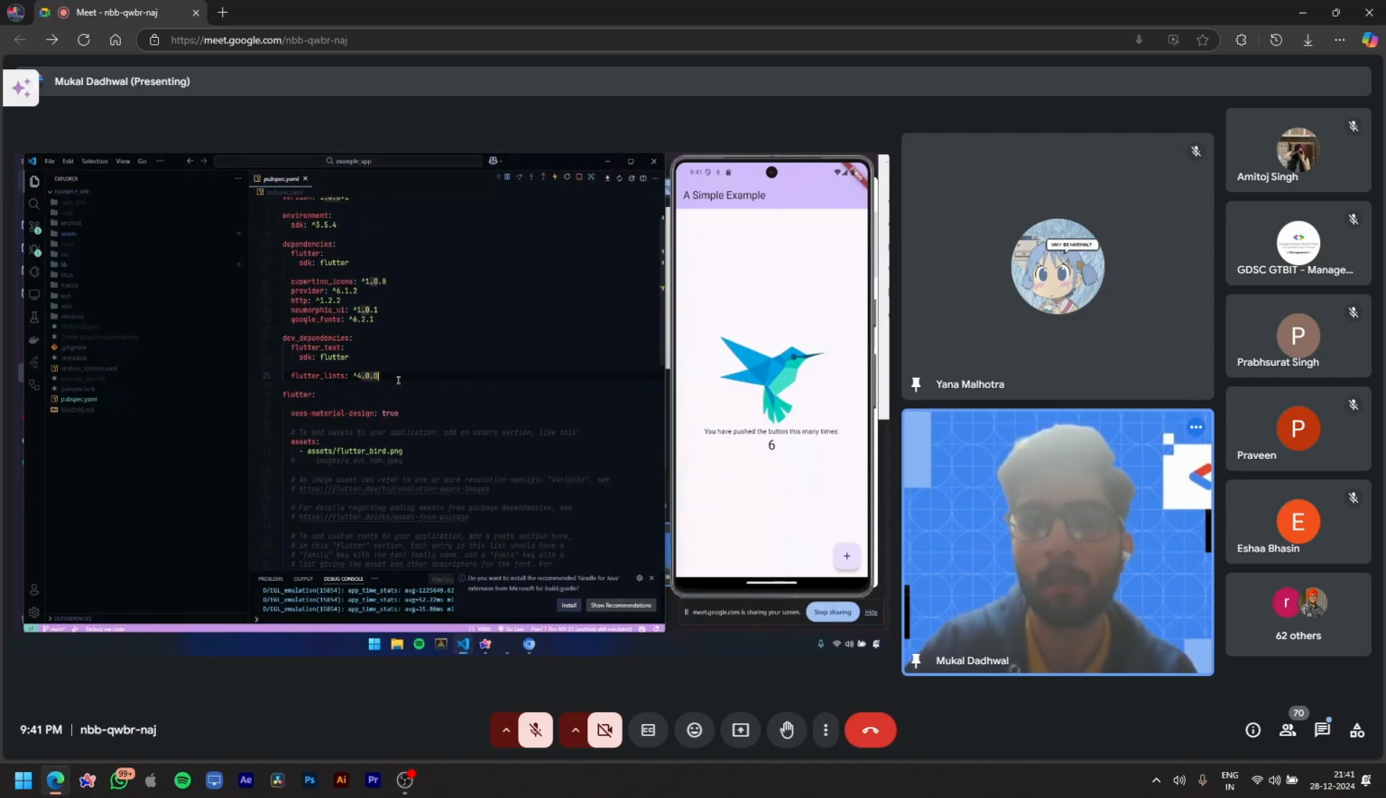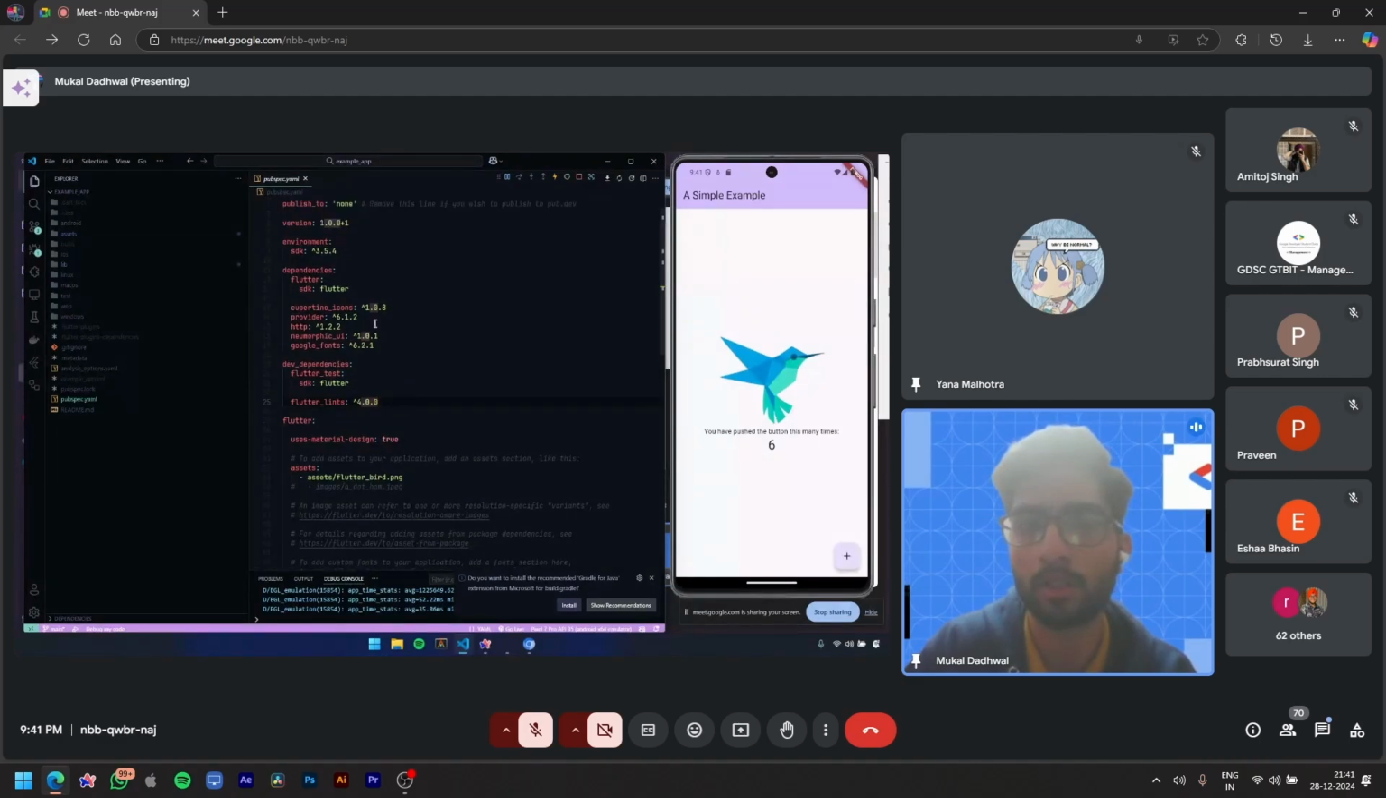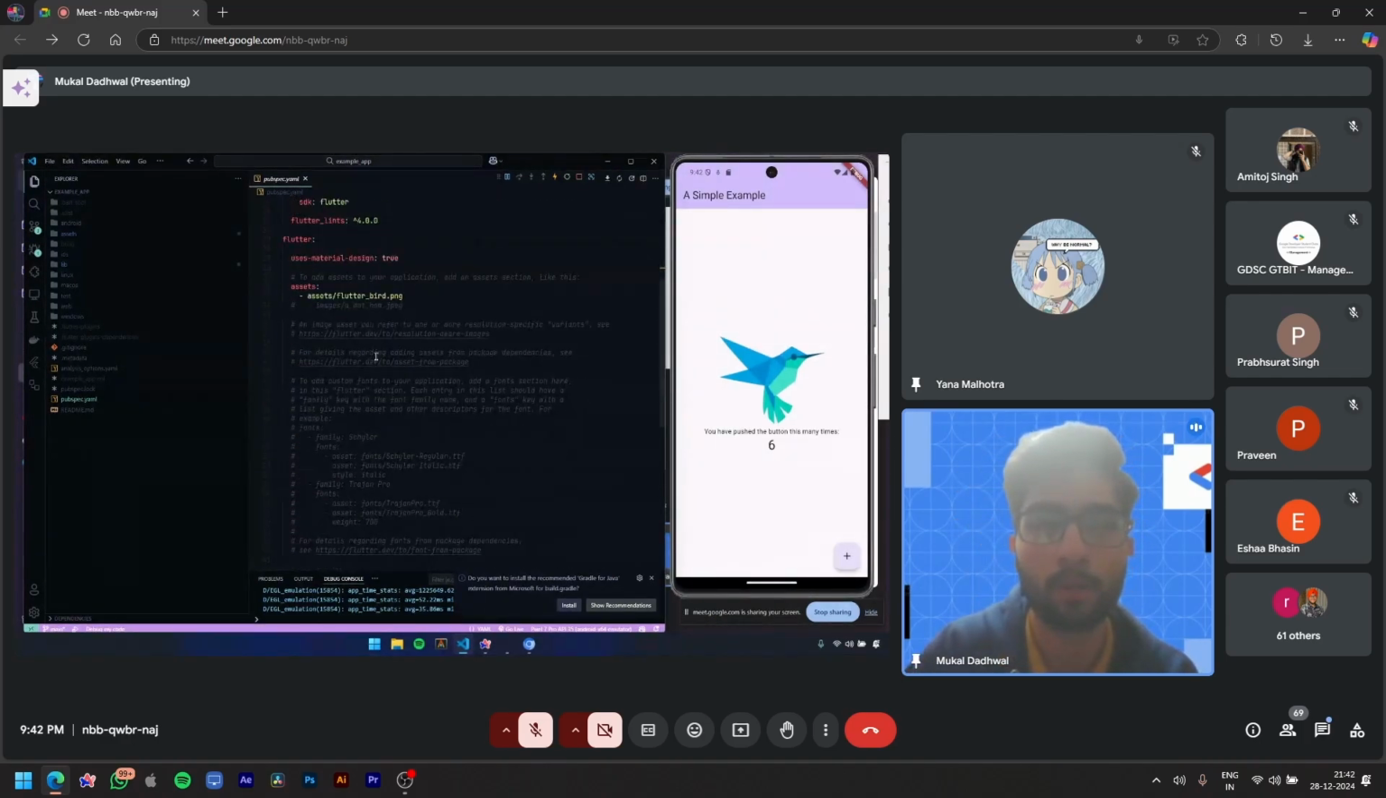Why would I put these packages in dependencies and increase my app size, right? So it's very logical to put them in dev dependencies so that they are not included in my final release. Then this bottom part, which is the assets part, here you basically declare all your assets, whatever you want to